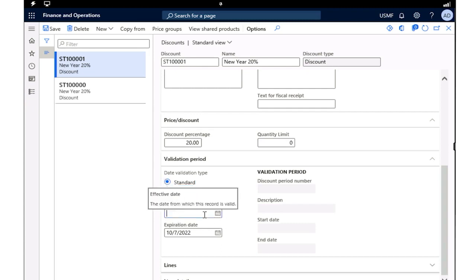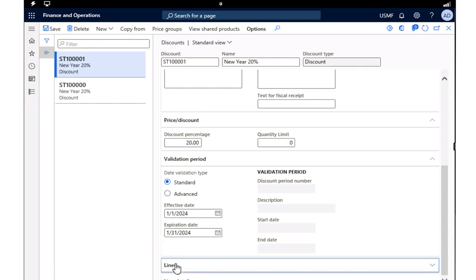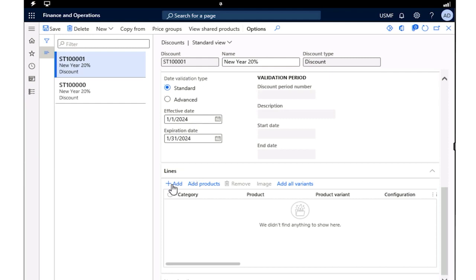So, you know, maybe this is our New Year sale. So I am going to maybe put this, it starts on 1/1/24 and it expires, let's say 1/31/24. All right, so that looks good, validation. And then let's come down here to our lines. And I'm going to add the products that qualify for this discount. So I'm going to add